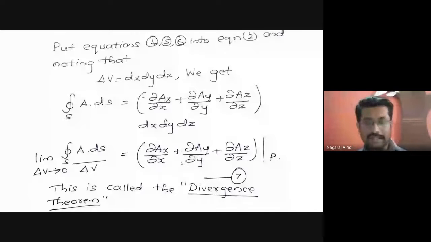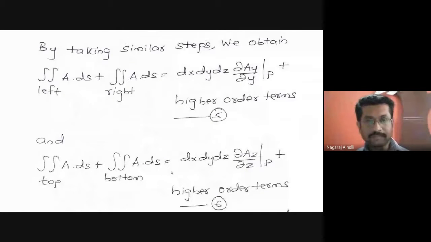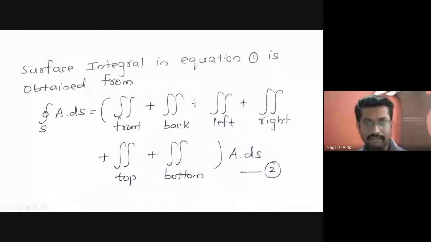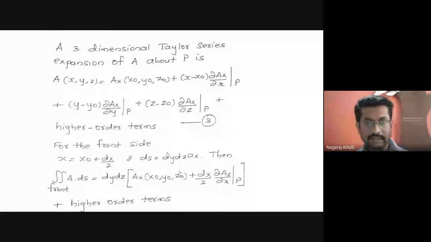In the examination, if they ask you to write the definition of the divergence theorem, or write the statement of the divergence theorem and derive it, then you have to start from here, the basic definition. Draw this figure, write the various equations, this basic equation, start from here, the Taylor series expansion, and the other equations, and finally